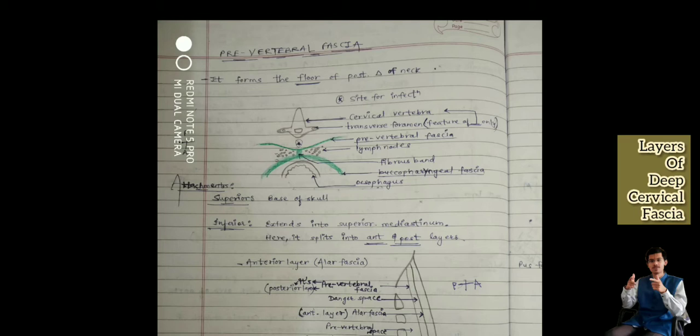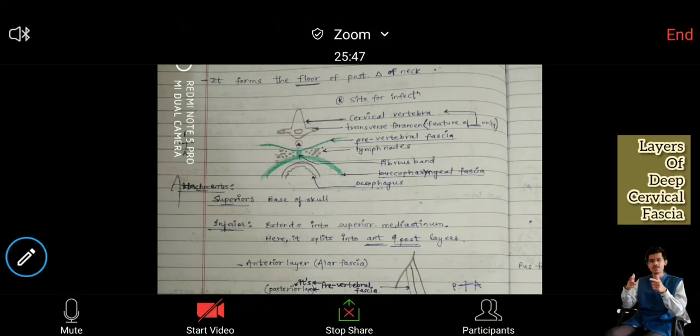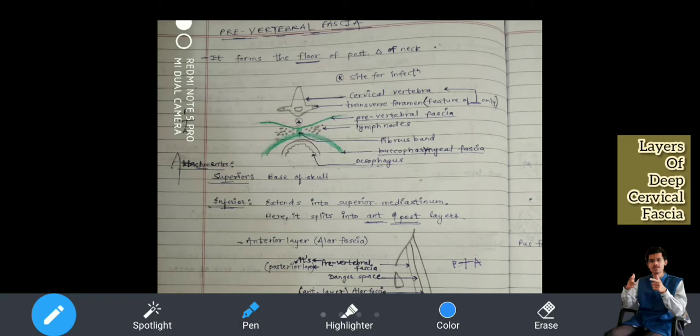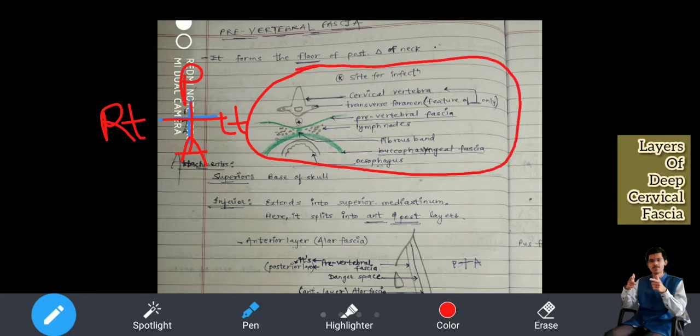Now if you see this diagram, prevertebral fascia, because every time there is a need that I have to draw that diagram. Now if you see, I have given you the orientation. Just a second. This is the posterior, this is the anterior, and this is your right, and this is the left. I am giving orientation to this diagram. Now, forget about the first sentence, I will tell you how and why.